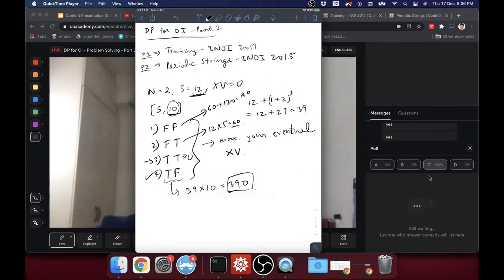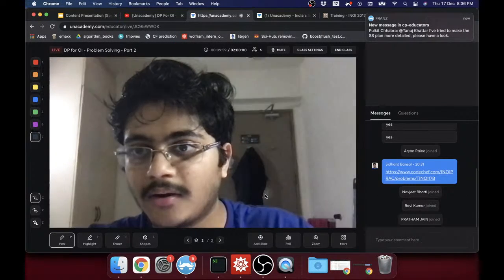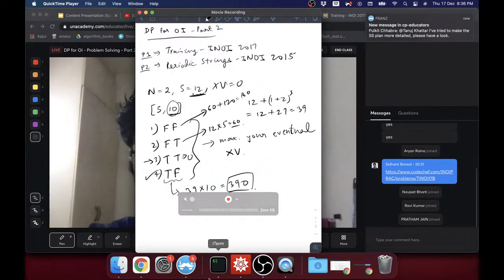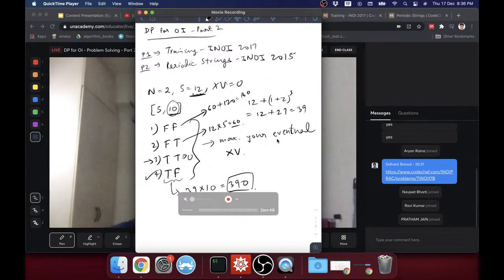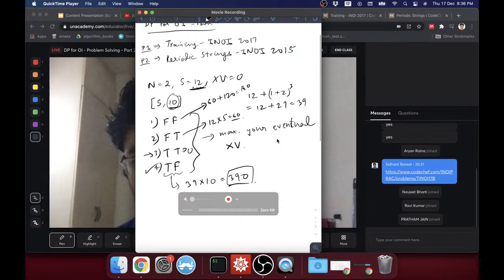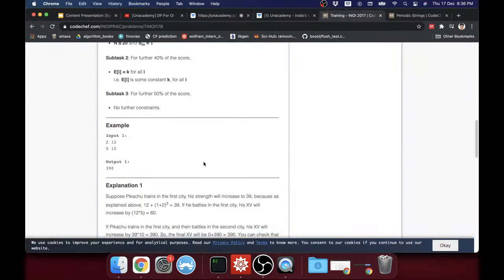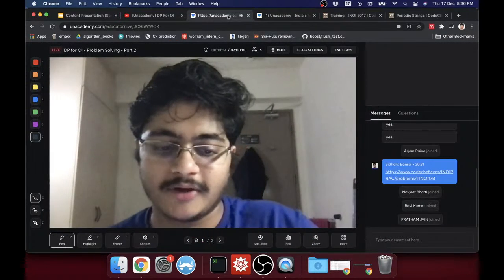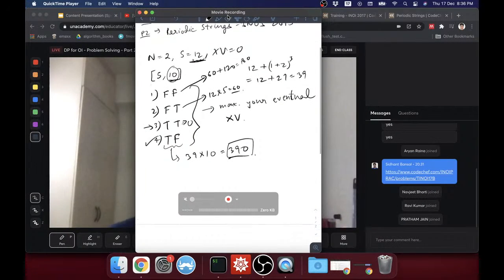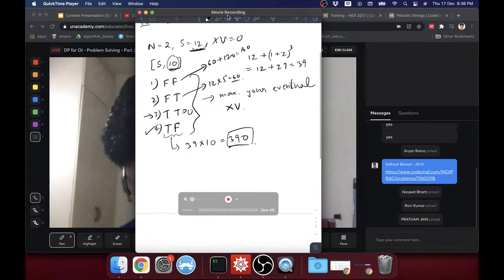Probably one or two people answered it, and they answered it incorrectly, but anyhow, are people clear with the solution? You can see in the training that the answer is actually 390. So do people understand the problem? If you have any doubts about the problem itself, like why does something happen in the problem, then just ask right now. Basically, when you train,